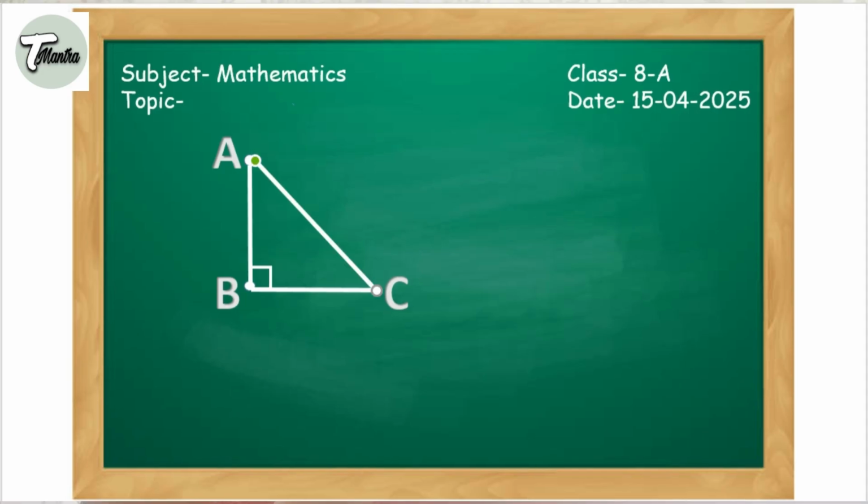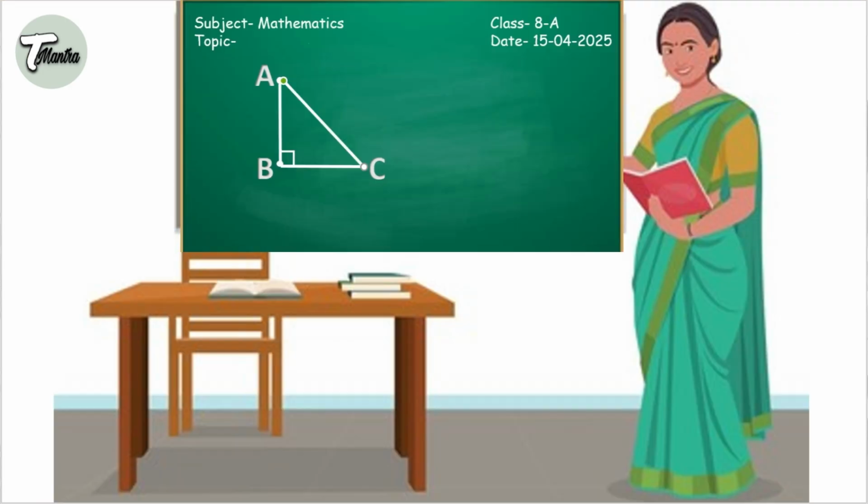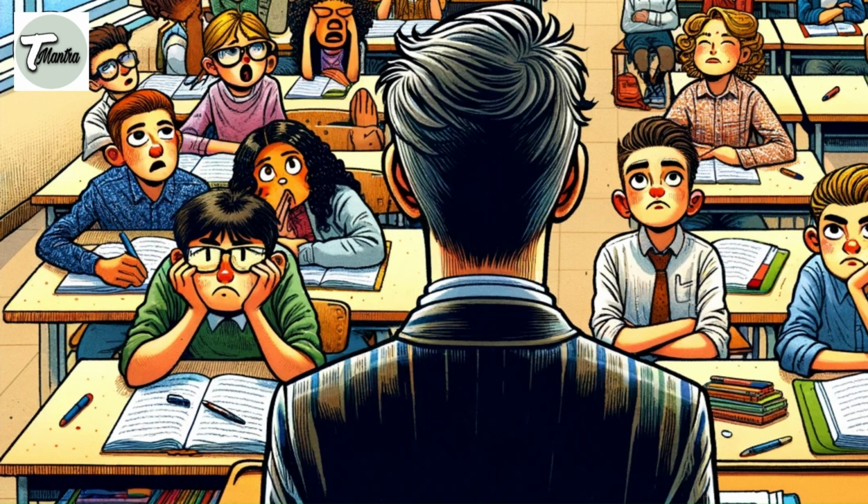Now while drawing one line from A to C, you will ask, what is this figure called? Students will answer, it is a triangle, and some will say it is a right angled triangle. Now you will say, yes, it is a right angled triangle ABC. Now, what is a Pythagoras theorem? Now this question would be problematic for the students and they would not be able to answer the question.